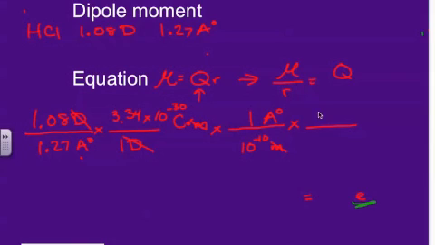So if I have 1 e, I have 1.60 times 10 to the negative 19th C. So now my C's cancel out. My angstroms canceled out. And so I am left with the label e. And if I do the math, multiply everything on top, divide by everything on bottom, my answer should be